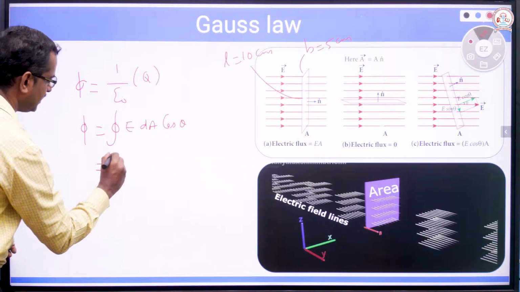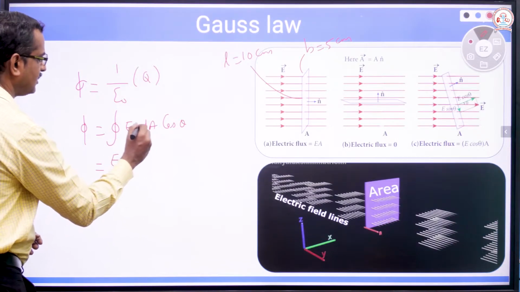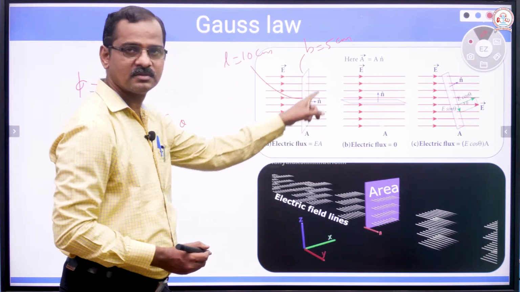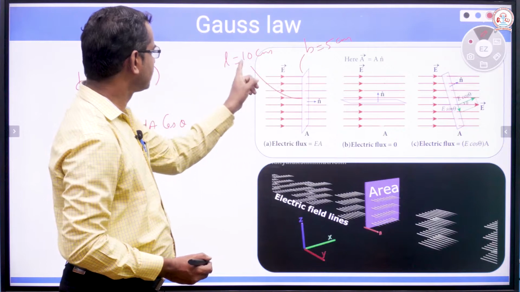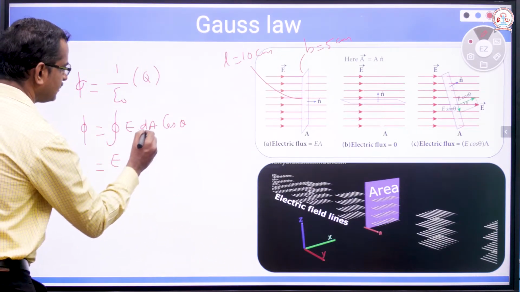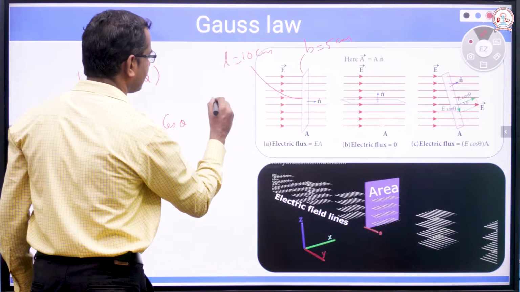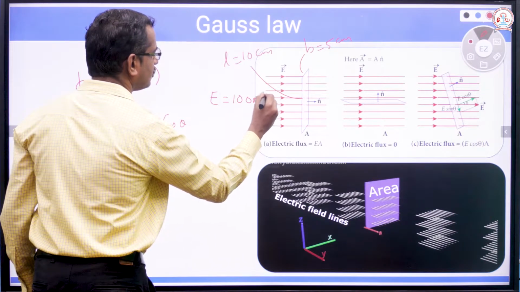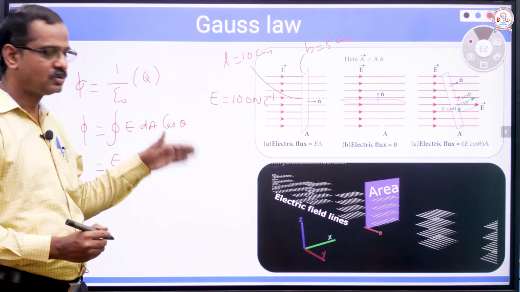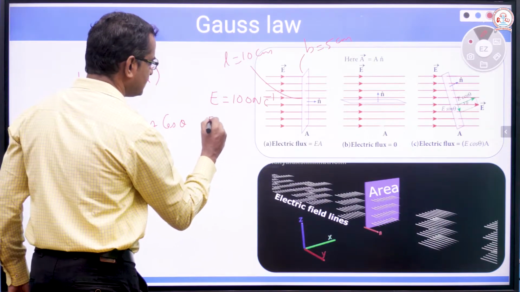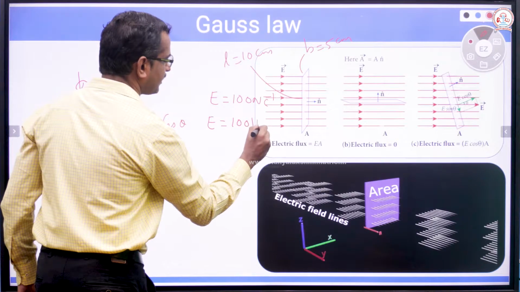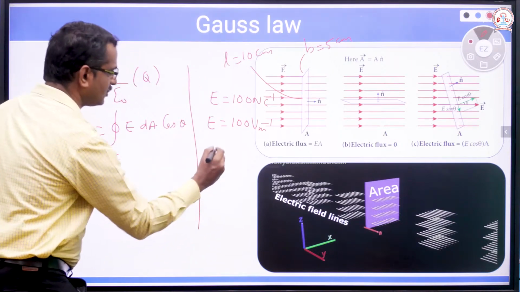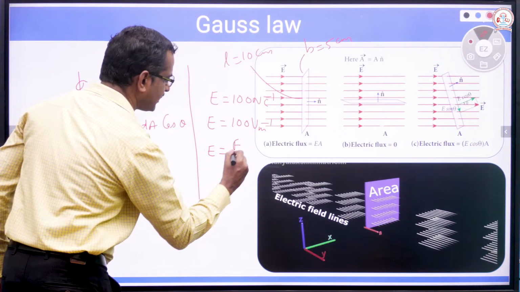That is equal to E, the electric field, times the integral of dA, which is the area. Here it is going to be length into breadth for a rectangle, 10 centimeter into 5 centimeter. You can imagine some value for the electric field. Imagine the electric field is 100 Newton per coulomb. That is another unit for electric field, isn't it? E is equal to 100 volt per meter. There are two units for electric field. One is Newton per coulomb. Electric field at a point is the force experienced by a charge.